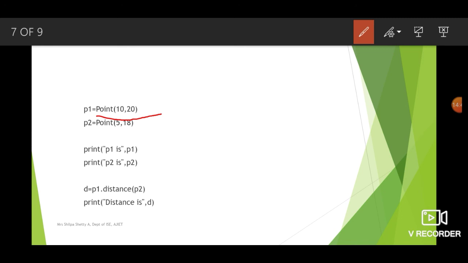Similarly, the init method for object p2 will be invoked when you write point of 5, 18. And one more thing to remember is, we need not explicitly invoke the init method. It gets invoked automatically when the object for the particular class is created.